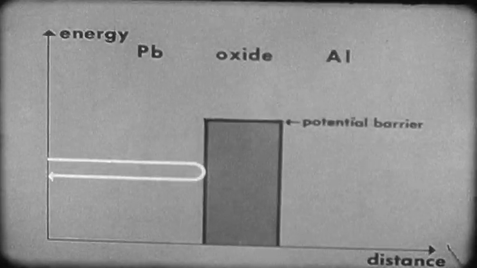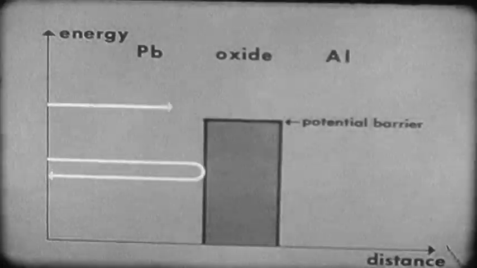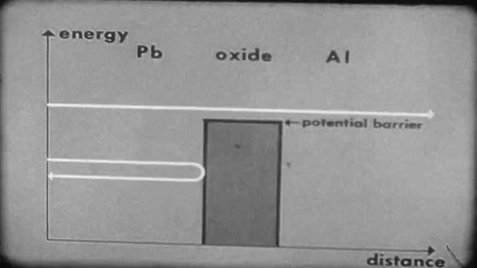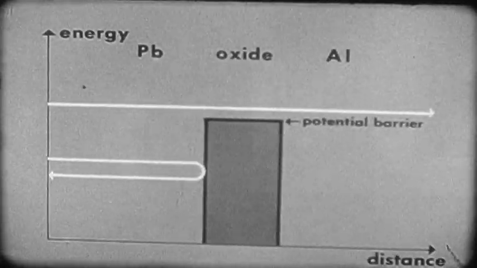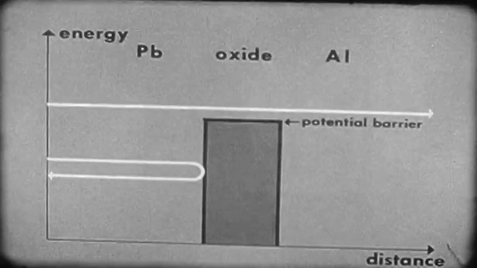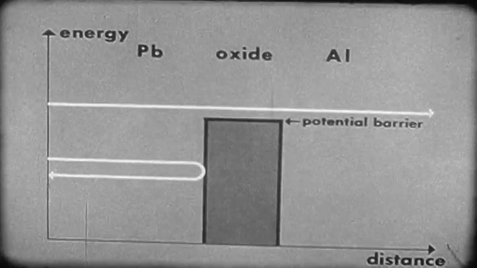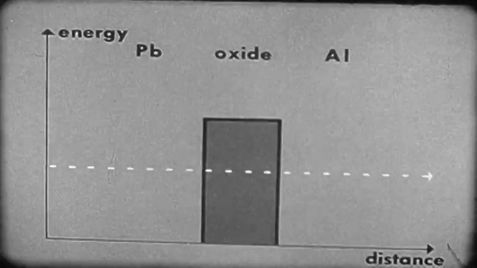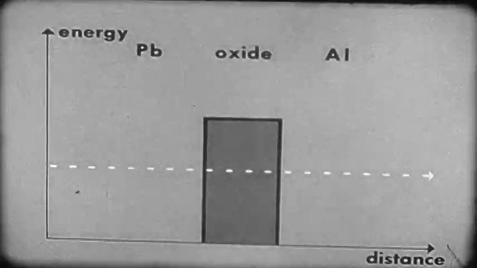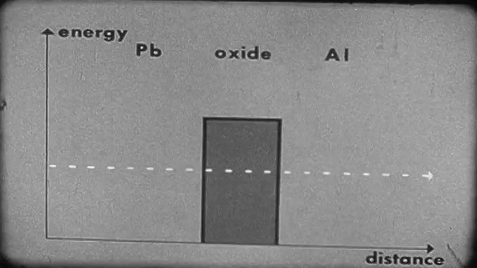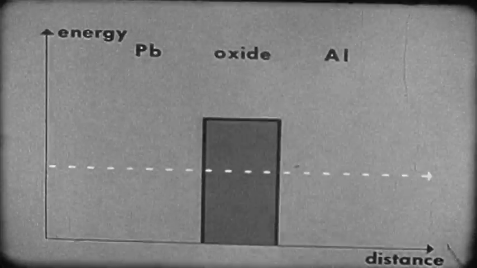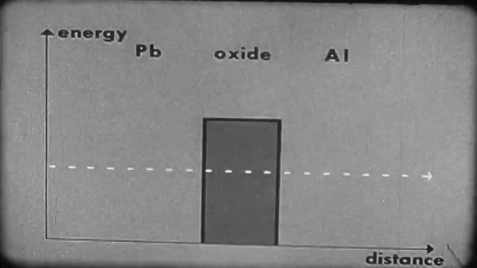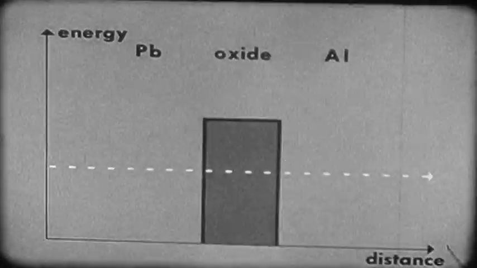They can cross the oxide layer if their energy exceeds the barrier energy. We might call this dielectric breakdown. But quantum mechanically, a particle may cross a potential barrier even if its energy is less than the height of the barrier. This process is called tunneling. It is due to the fact that a moving electron, like all particles, has wave character. We may consider a group of electrons in the lead layer heading for the oxide as a wave beam.